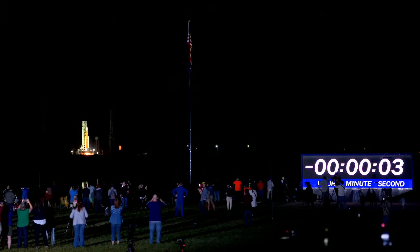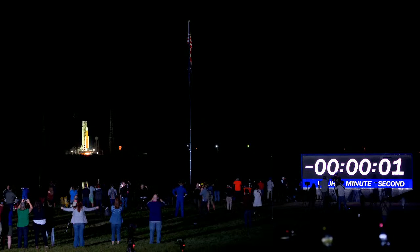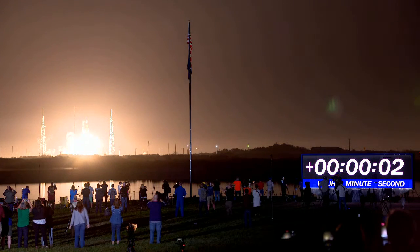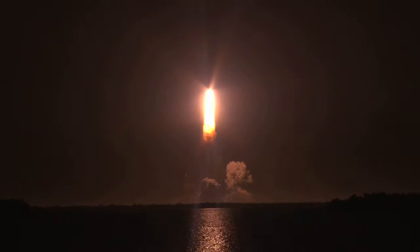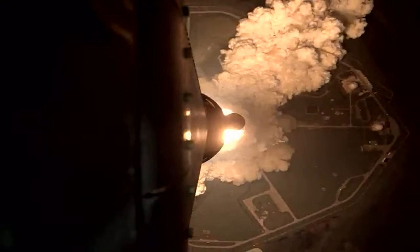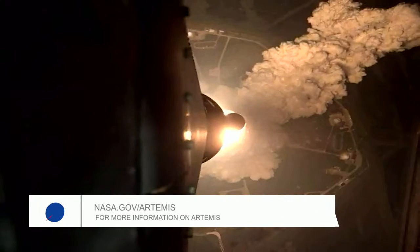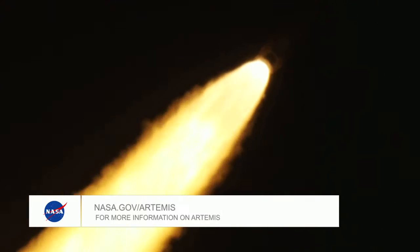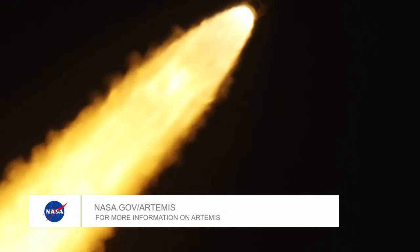We just witnessed another beautiful launch from Florida's Space Coast, and we are hard at work in low Earth orbit and heading for deep space. Right now, Artemis 1 is on a mission around the moon. The Space Launch System rocket lifted off from Kennedy Space Center just last week on Wednesday, November 16th. This mission will pave the way for long-term presence on the lunar surface and eventually on to Mars. The 26-day Artemis mission will end with the splashdown of the Orion capsule, which is set for December 11th, and coverage of that will begin at 11 a.m. on that day. To learn more, you can go to